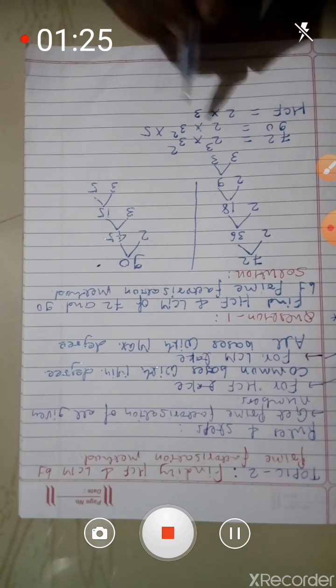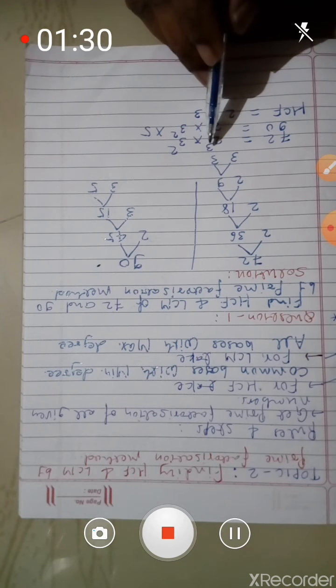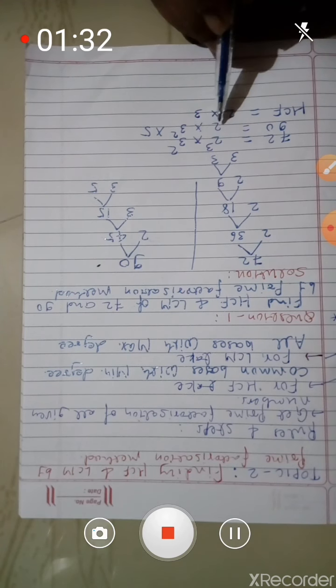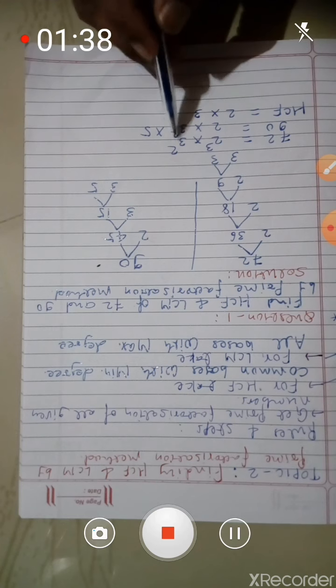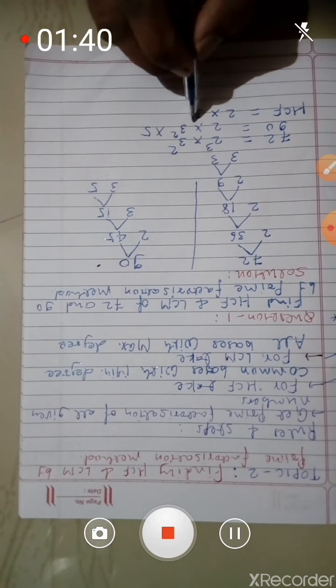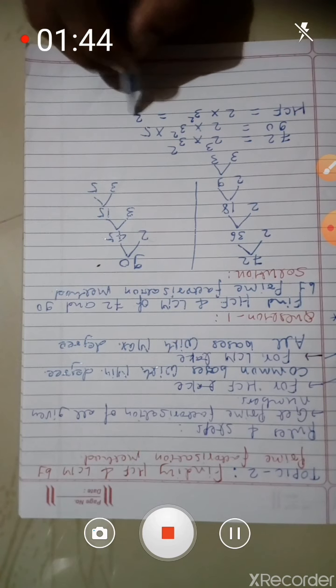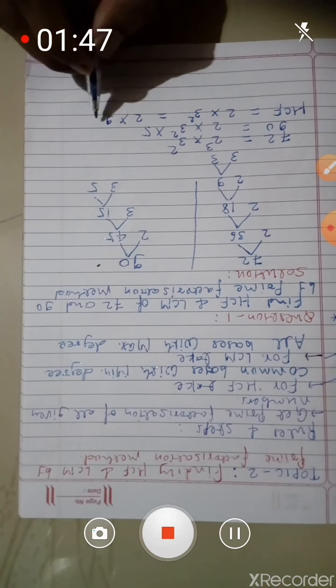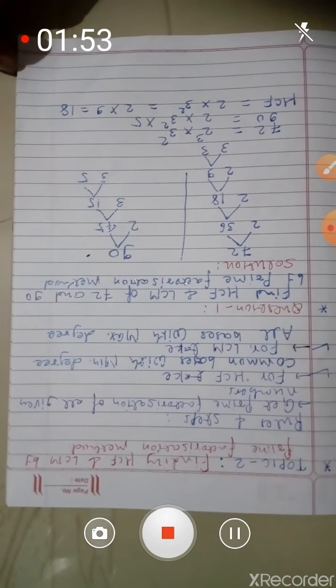Now write the minimum degree. Here the degree of 2 is 3 in one number and 1 in the other, so write degree 1. No need to write raised to 1. The minimum degree of 3 is 2, because both have 2. So our answer will become 2 into 9, which is 18.